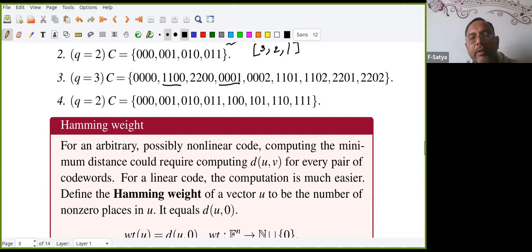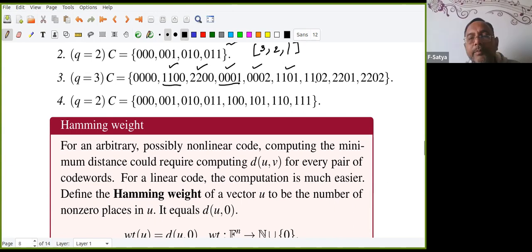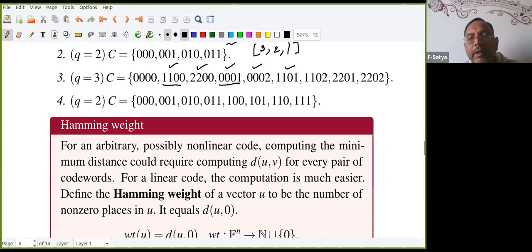If I multiply it by 2, I'll get this. These are already obtained because I chose them. This also I get by multiplying it by 2. So how do you get this one? Add the basis vectors. Adding these two, I get this. How do you get this one? First basis vector plus 2 times the second basis vector. That is one way.